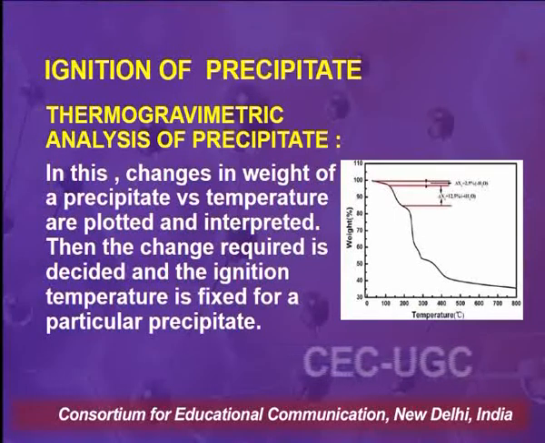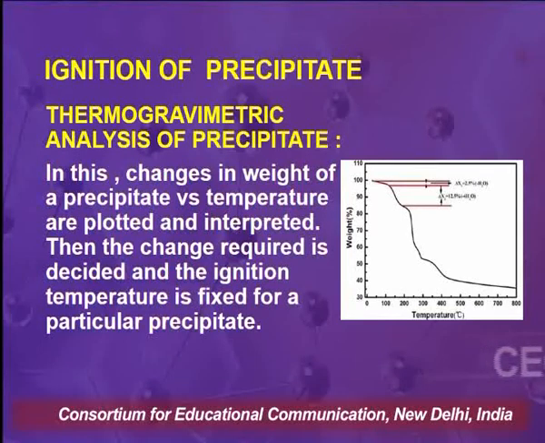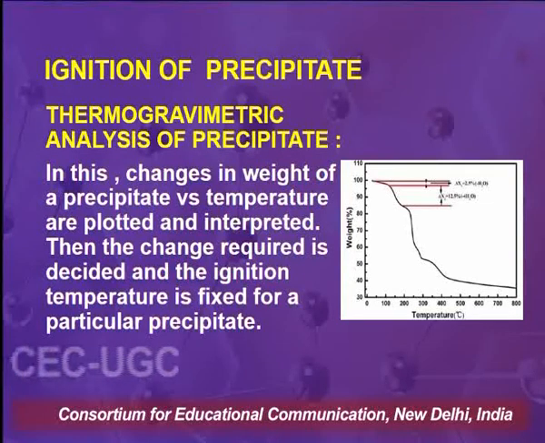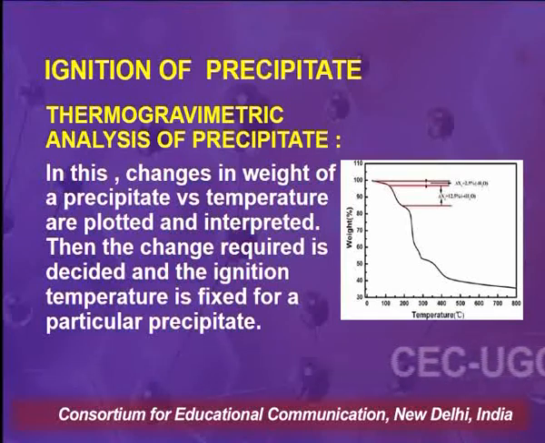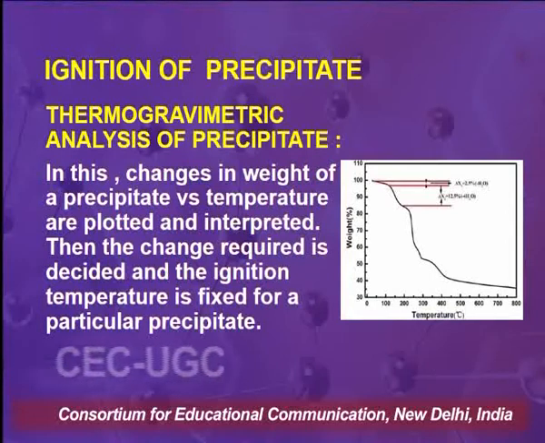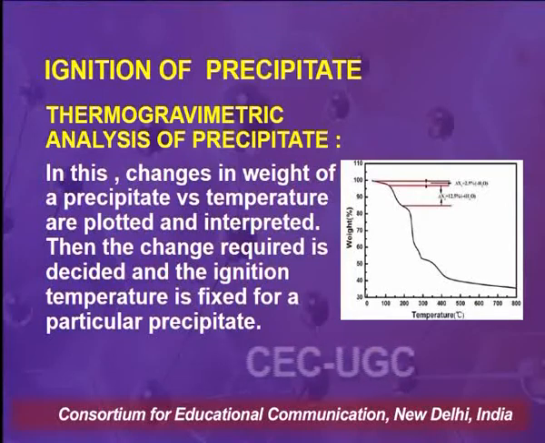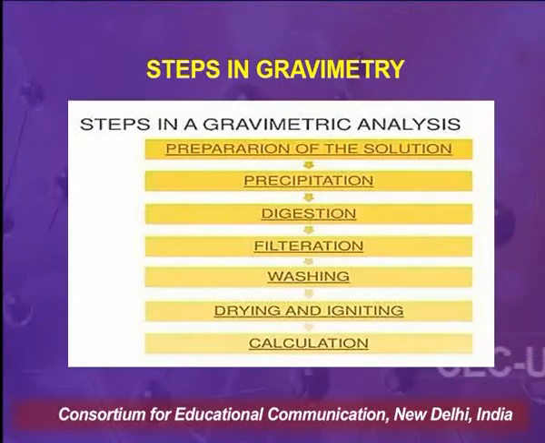Therefore, the basic idea of plotting a graph of thermogravimetric analysis is to get an idea at what temperature the water of constitution will be removed from a particular precipitate, or at what temperature the ignition can be done, or the ignition temperature can be fixed for a particular precipitate. This can be discussed from this analysis. Now, coming to the various steps which we have discussed in detail in our previous lectures,